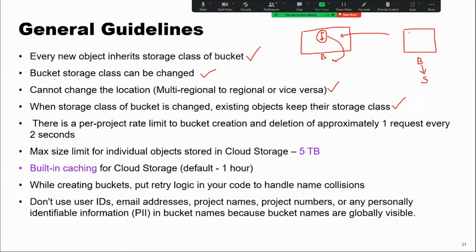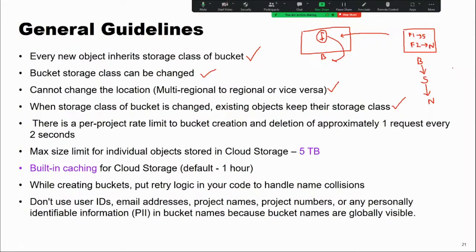Inside that you have file 1, and this file 1 will be standard only. But tomorrow you change the bucket option from standard to nearline. File 1 will not change, but from tomorrow if you upload one more file, that will have nearline. So this is how it is.